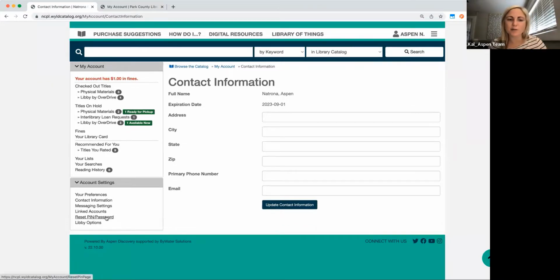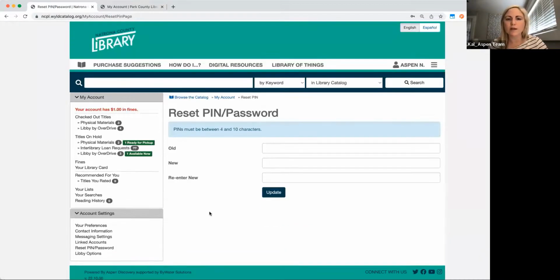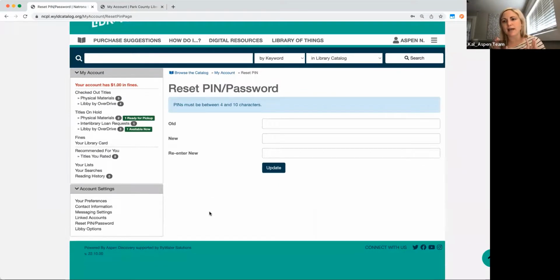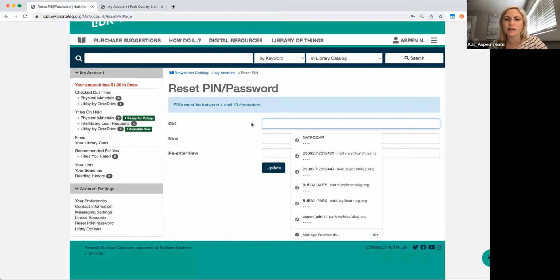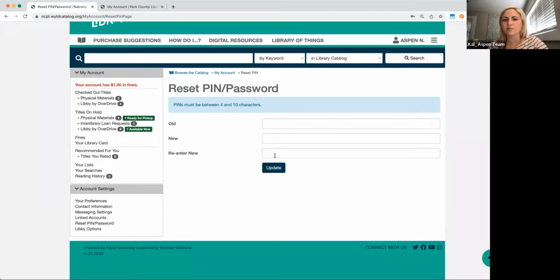Okay, and there's an additional option for resetting the PIN and password once the patron is logged in. So let's say I know my password's 1234 and it's just not that secure, and I really want to update it, for example, the user can, once they're already logged into their account. So the first time I showed you the login screen, I forgot it. I don't know what that PIN password is. In this case, I know what it is, and I just feel like it's not as secure, or if there's been a breach of security, I could put that old password in, and then I could create a new password here, and then it would update it in the patron account.